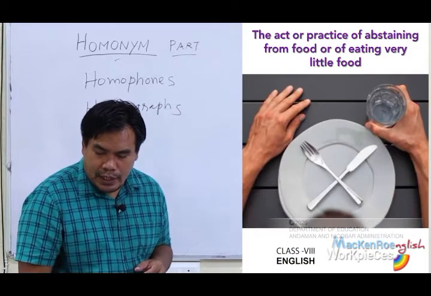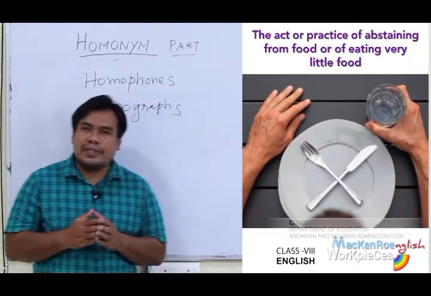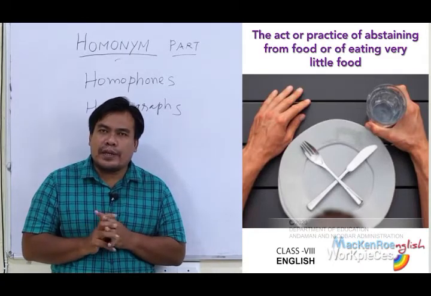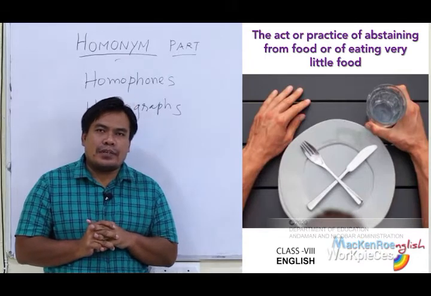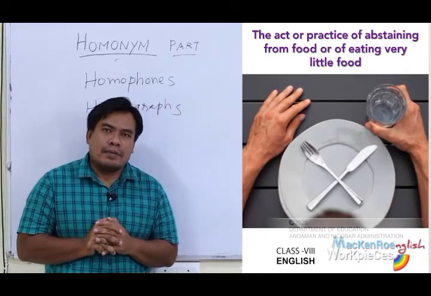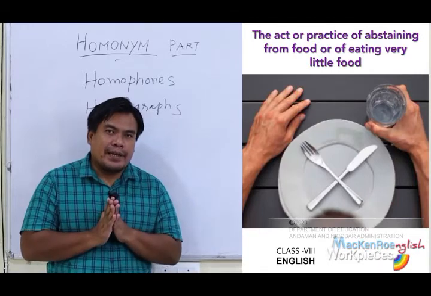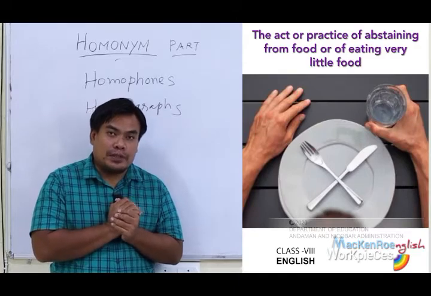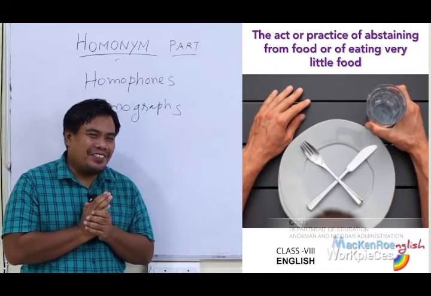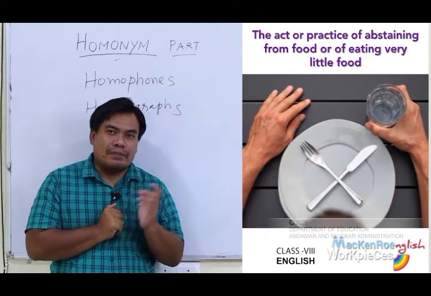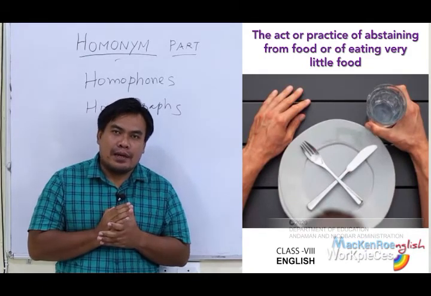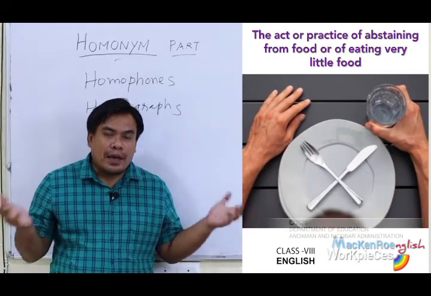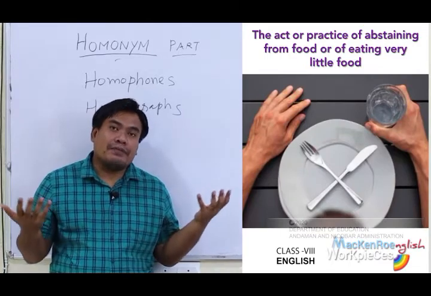Okay, and the next one is, you could see a glass over there, a plate over there, and some forks and a spoon over there. Now tell me what it would be. Okay, see, it's sometimes difficult to identify by looking at those pictures, but I'm just trying to challenge you to see if you could make out or figure out from that picture. There's a man who's about to eat something, but there's nothing on the plate. So if a man is trying to eat something which is not there on the plate,